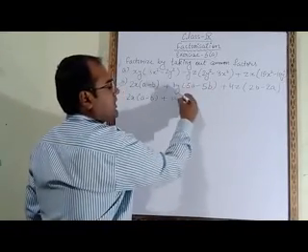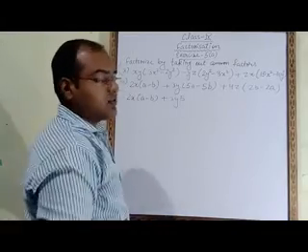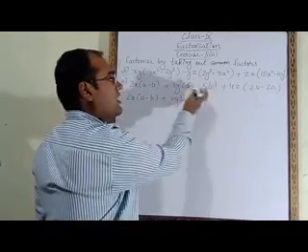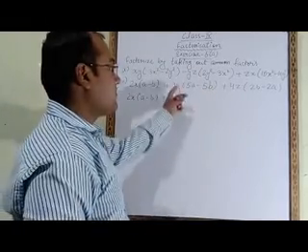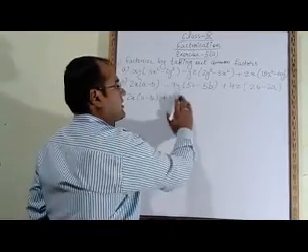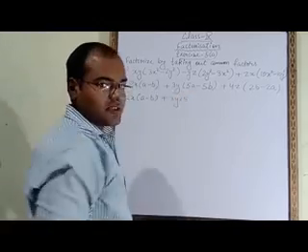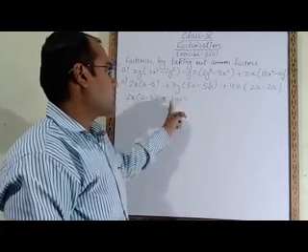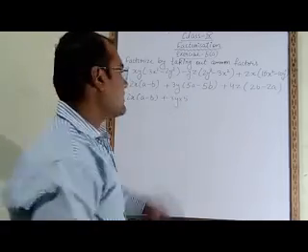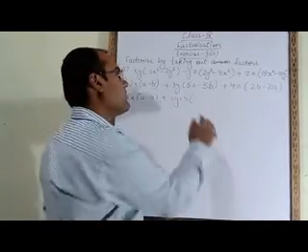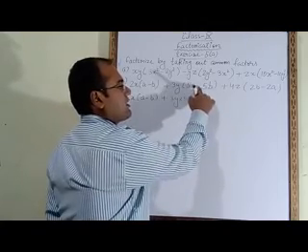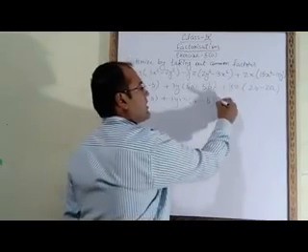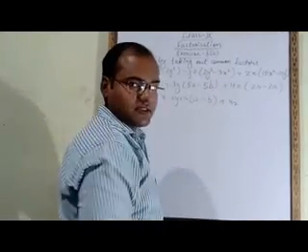From these two numbers we will take 5 common. What we have to do? From these two numbers we have to take 5 common, but already one number is written outside, 3y, and one more number we are writing outside, that is 5, which we are taking common. So here we have to separate them with the multiply sign. This 3y and the number which we take common, we separate with the help of a multiply sign. Now in the bracket we will write the remaining terms. 5 we have taken common, so here it will be a, minus, 5 we have taken common, here it will be b. Now come to the next term, plus 4z we have to write as it is.